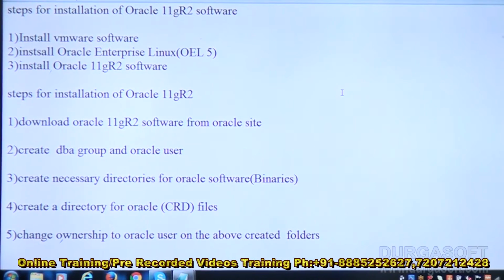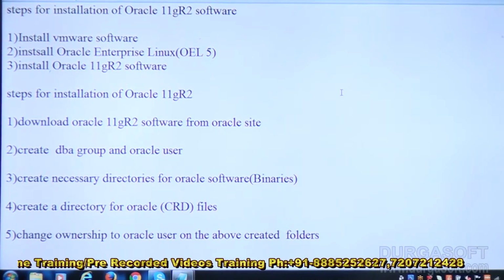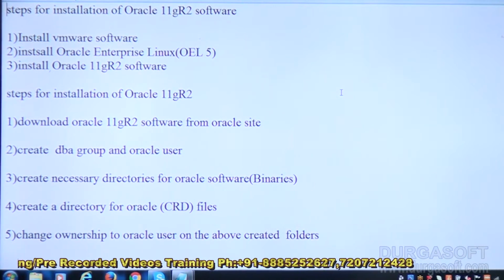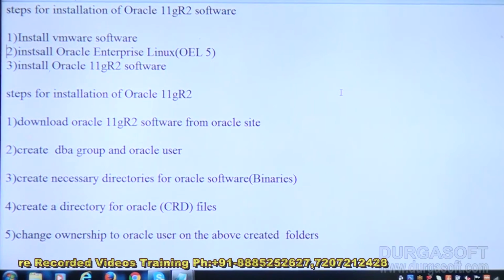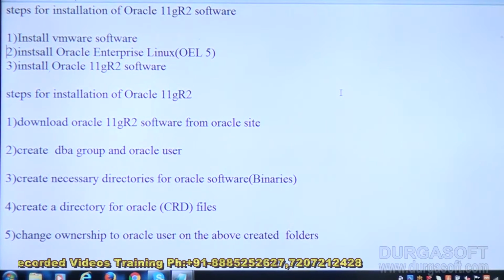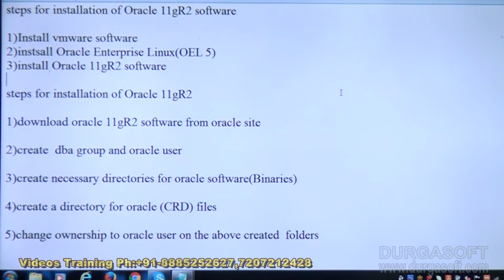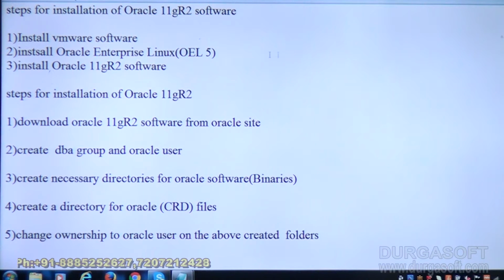First, install VMware software. Already we did this in the last video session. Next, install Oracle Enterprise Linux version. This also we completed in the last video session. Next, the last thing is install Oracle 11G R2 software. As we have installed these softwares in the last video session, we will just concentrate on the third part. So what is the third part here? Installing Oracle 11G R2 software